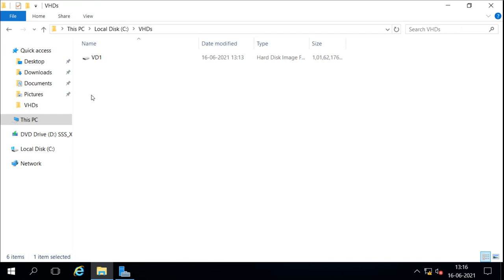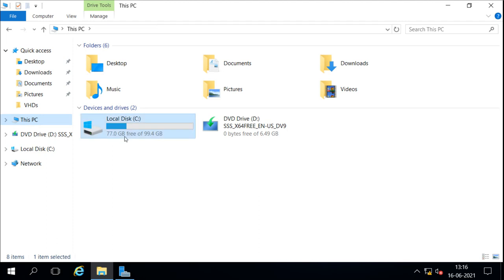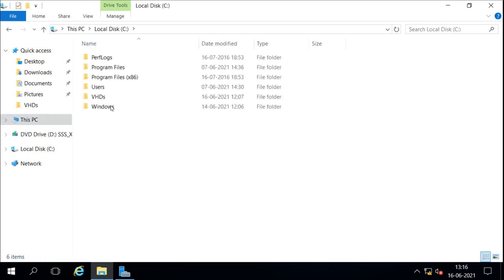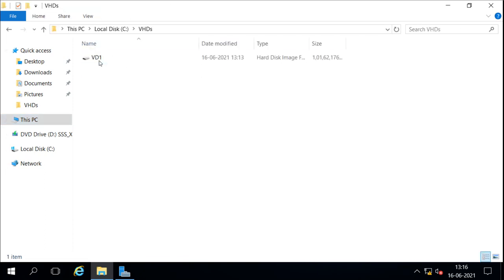Whenever we boot our system, it will start from here if we select the installation we did on this disk. But suppose the disk is there and we don't want to start from it. If I delete the virtual disk, I can do that. I can just right click and delete it. But if I delete the disk, the entry for booting from the disk will still be there.